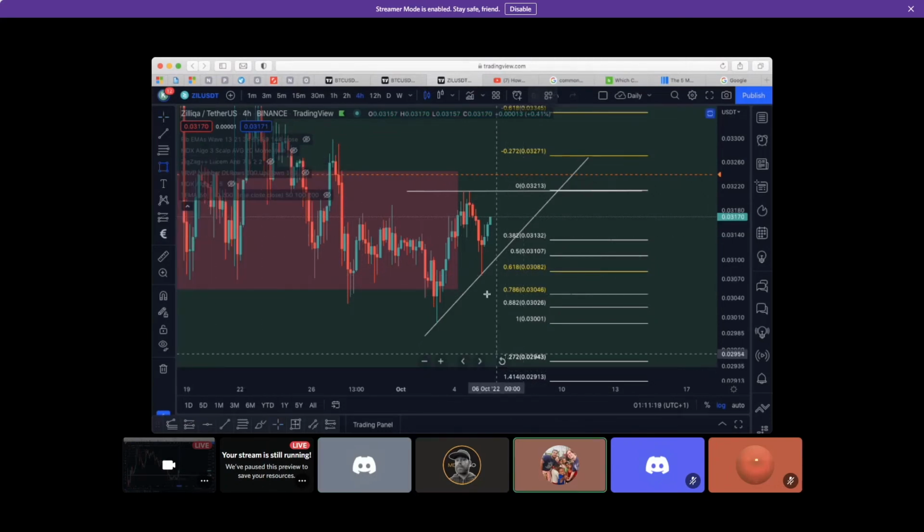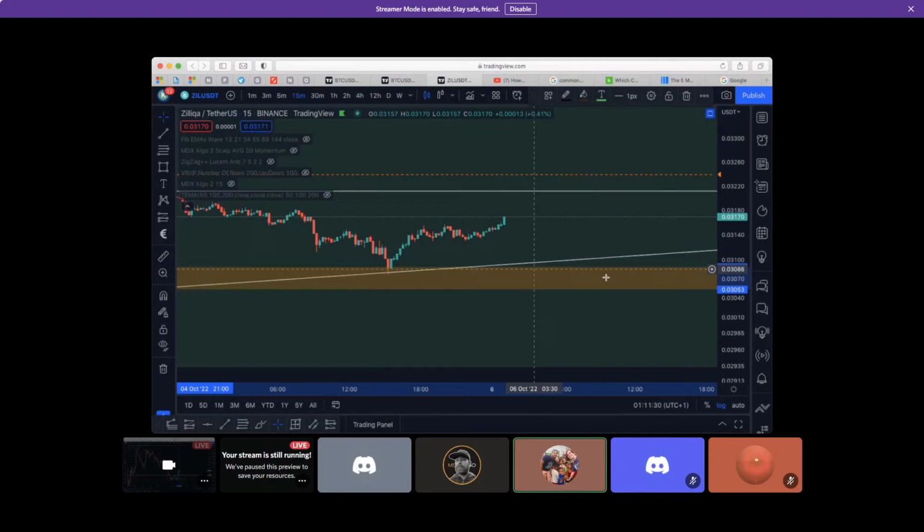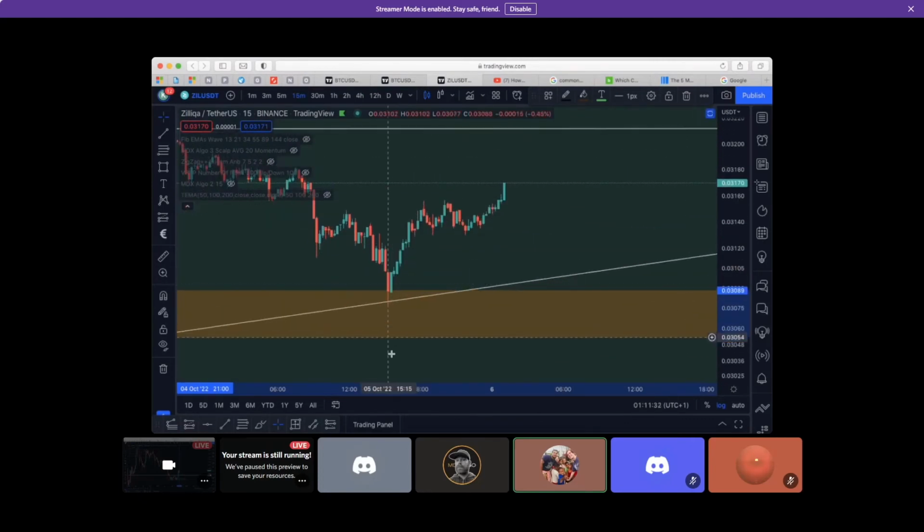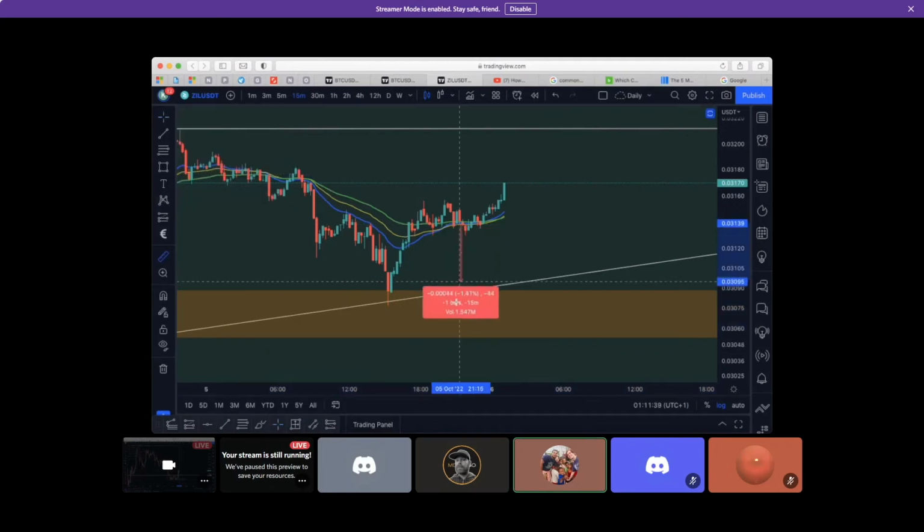Exactly. That shows that you can enter in the zone. My point is always zoom up to a higher time frame to see the macro bigger picture. Then zoom into the 15 minutes. See, okay, it's hit here. I'm going to wait till it goes back up, and once it goes back up, you can open a potential long position here, set a tight stop loss, and you might even be able to target as high